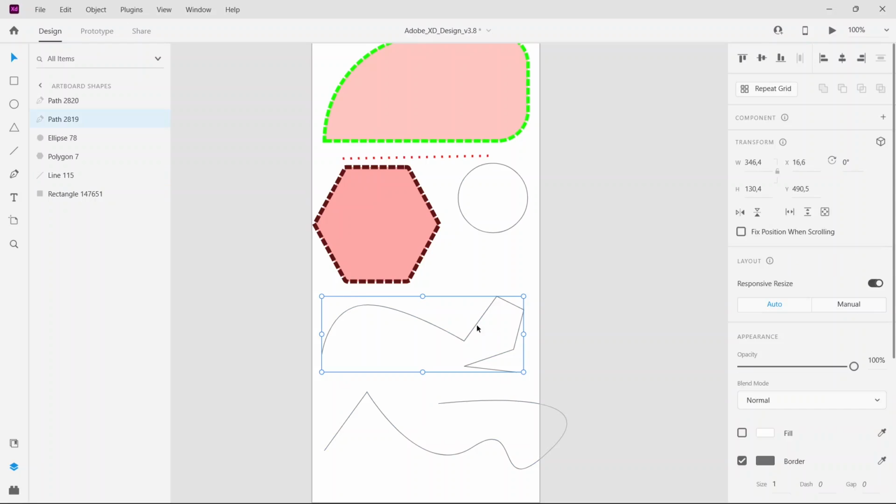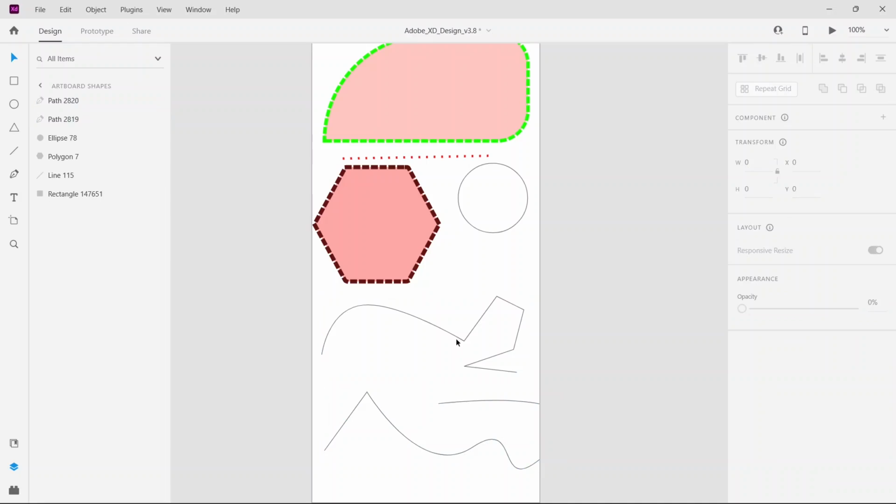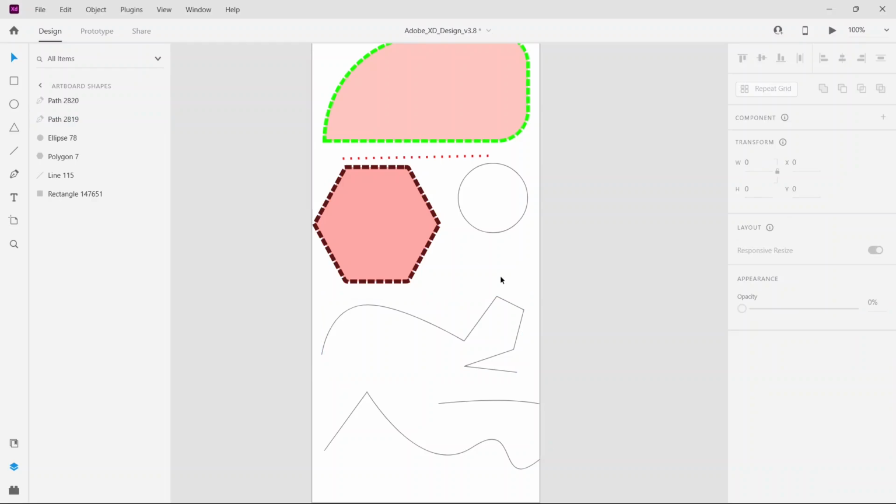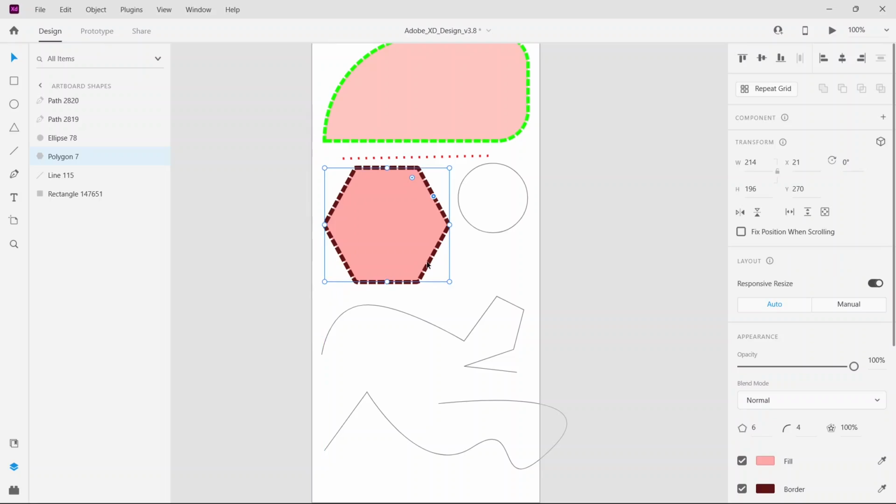Meanwhile, these shapes are called paths. So this, for example, is called polygon as it is, but this is called path and also this. And as you can see, the icon at the left side of the name is a pen. So, of course, you can change the name, but the icon won't change. And so you can distinguish them from here, but also you can see that this shape, for example, this polygon has 6 sides, and whenever I want, I can change the sides of